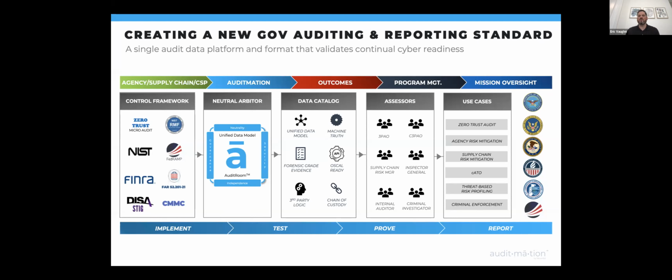That data then goes to any assessing party, the ones we mentioned, but again, this could also be a supply chain risk manager within an agency. It could be a criminal investigator, for example. And all of that comes together to ultimately fulfill and help enable and validate the data for multiple missions. So we see zero trust audit validation, which we're talking about today, risk mitigation within an agency or within